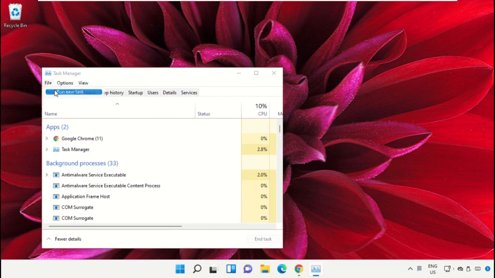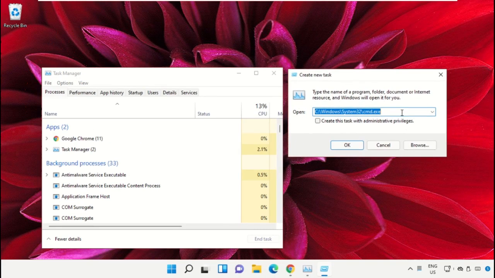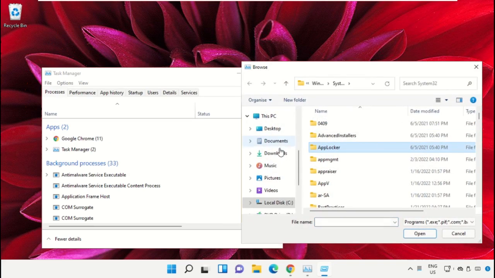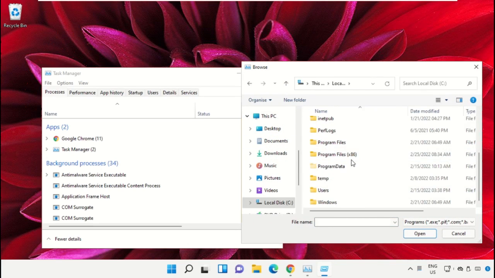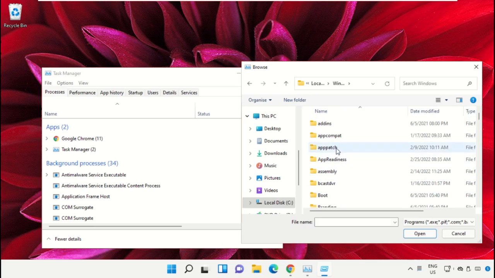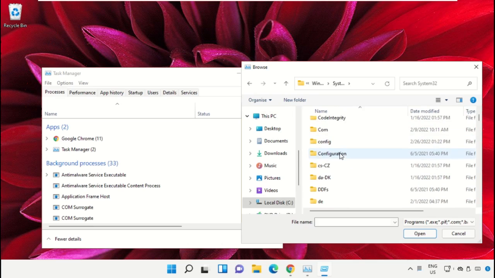Then select File, click on Run new task, and from here click on the Browse button. Then go to This PC, open C drive, then open the Windows folder. Now open this folder,